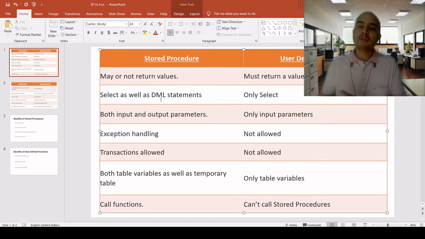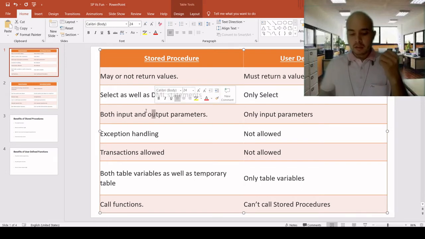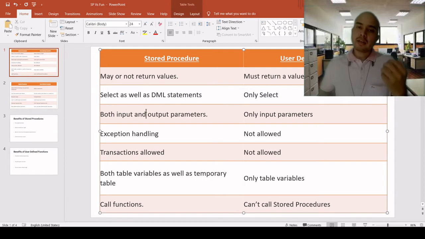But user-defined functions can only be used with the select command. And stored procedures can use input or output parameters. But in user-defined functions, we can use only input parameters, not output parameters.